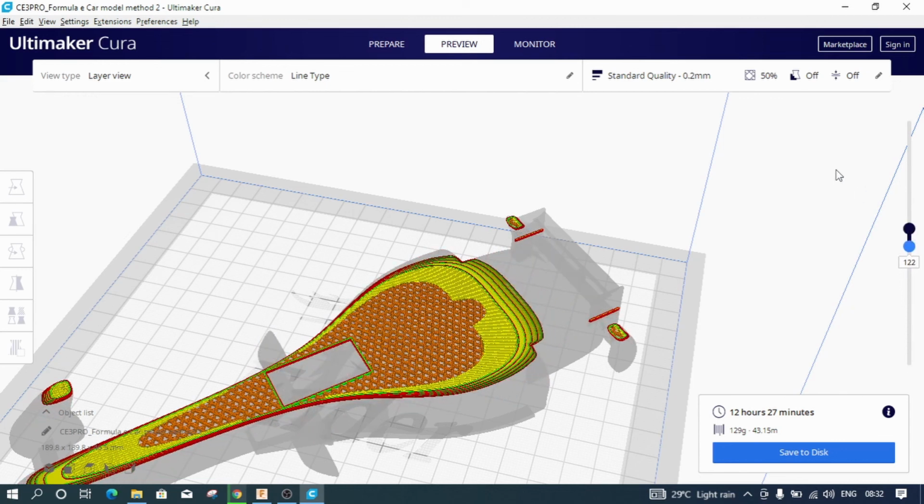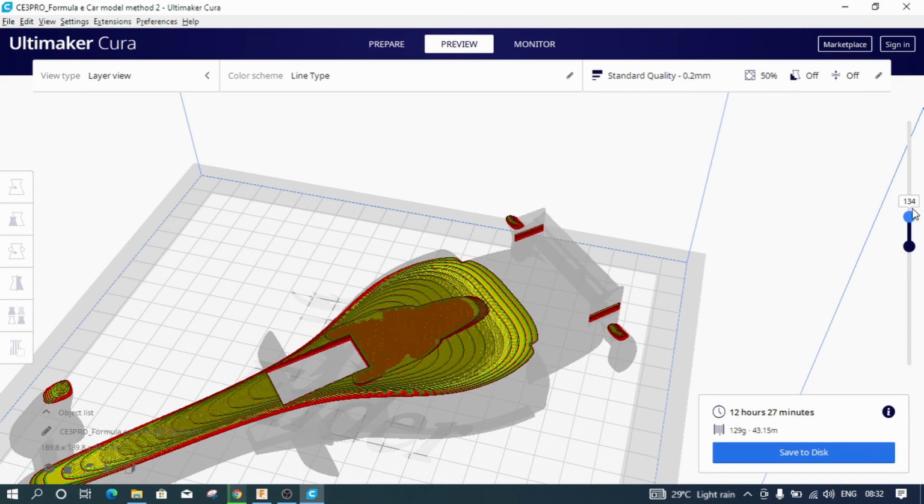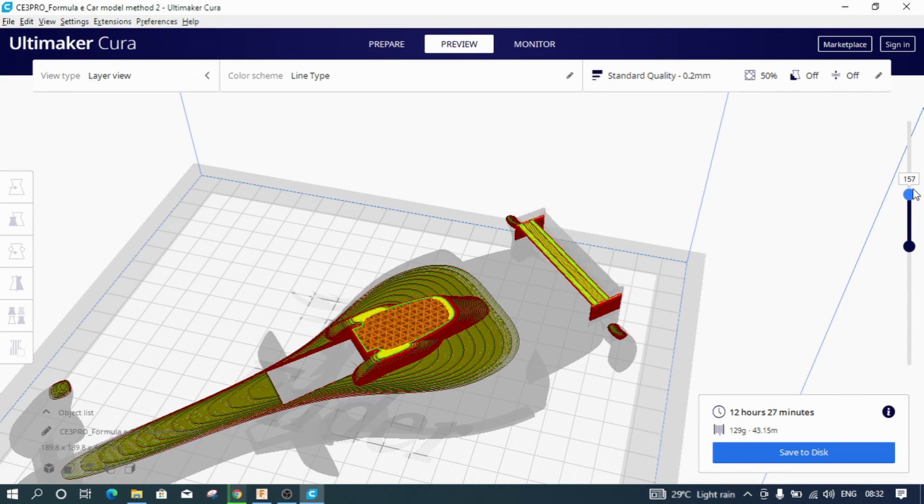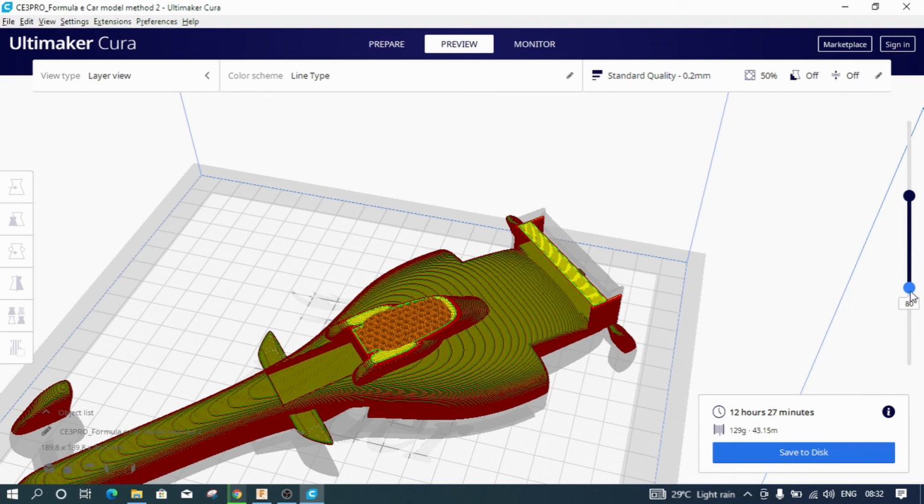So that's it for this particular video. I hope you understood how we go about 3D printing your model, and in the upcoming videos we will go into more detail about how you can optimize your 3D prints, how you need to eliminate your defects, what additional settings you need to take care of, and how you should handle your 3D printer. All those things will be discussed in more detail in the upcoming videos. I hope I am able to give you a brief overview and understanding of the 3D printing workflow.